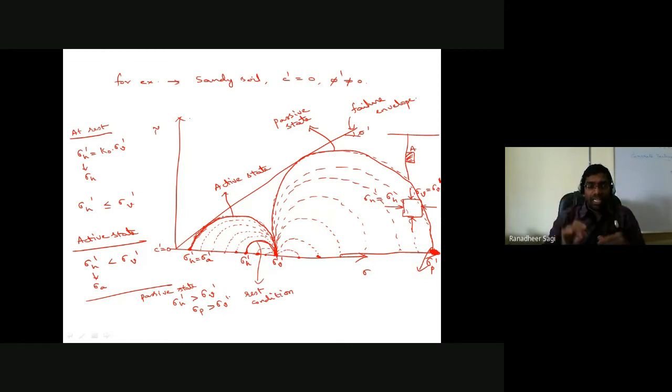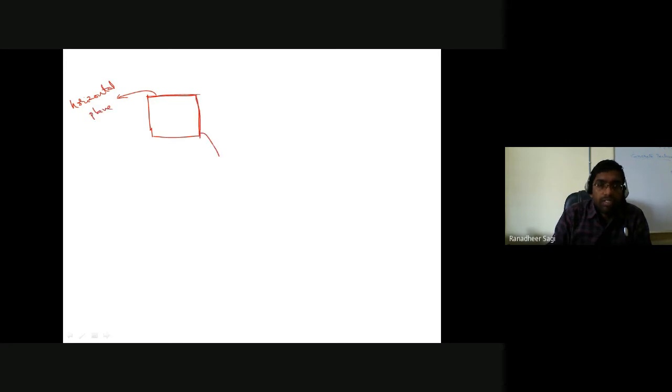Now, let me understand it in the other way. In the case of earth pressure, we said that on both the planes of your chosen soil element, the state of stress existing on the soil element, this is my soil element, we said on both the planes, this is my horizontal plane, and this is my vertical plane.